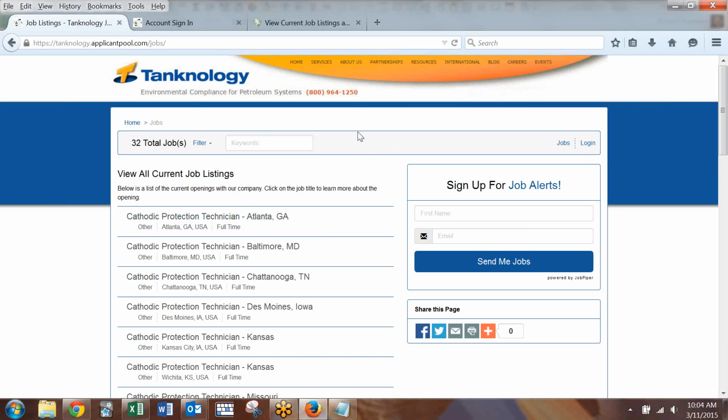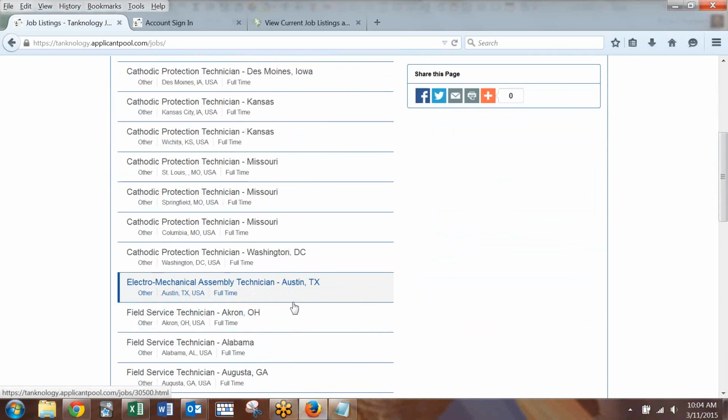I'll note some of the big differences for you, Regina, in some of the notable features of this system. One big one is that this system is actually mobile optimized. So for your applicants, when they go to Tanknology.applicantpool.com, they're not going to see the full view like this if they're on a cell phone. Instead, the system will recognize they're on a mobile device, and so they'll see the left-hand side information, and then below that,